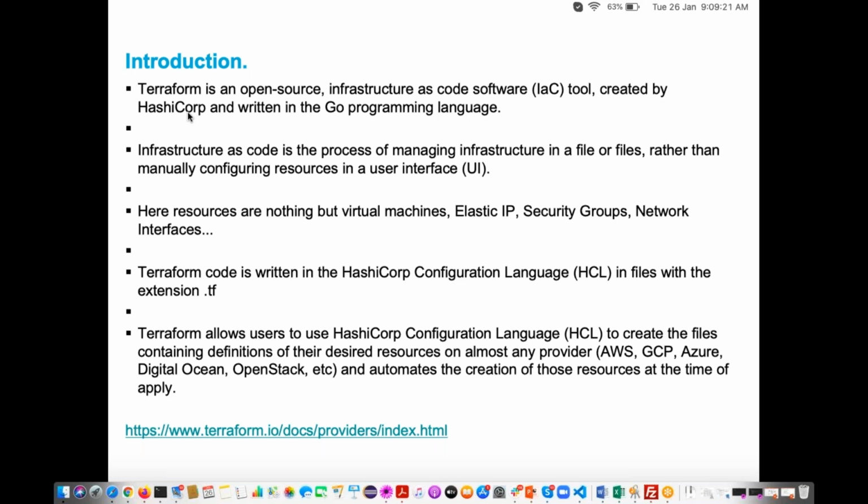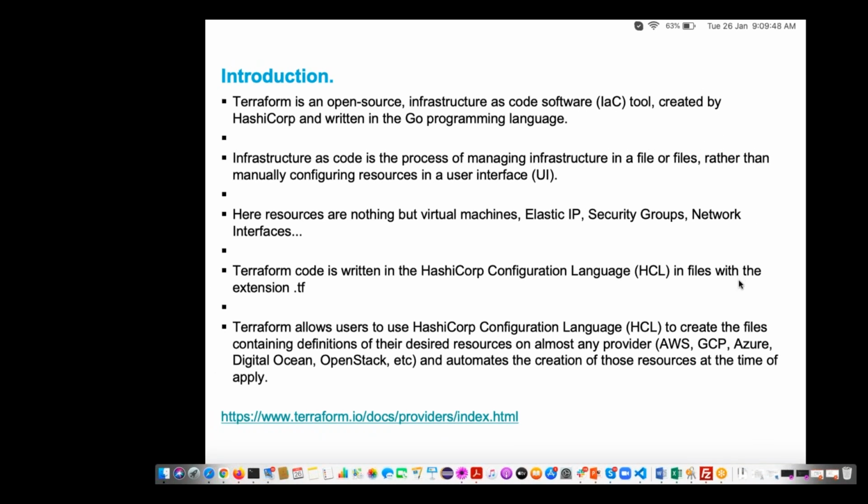Terraform is developed using the Go programming language. Ansible, for example, is developed using Python. Like that, Terraform is developed using the Go language. Terraform has an enterprise edition and also a free edition.